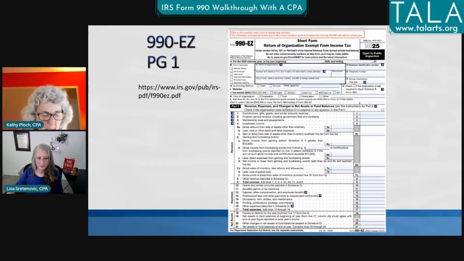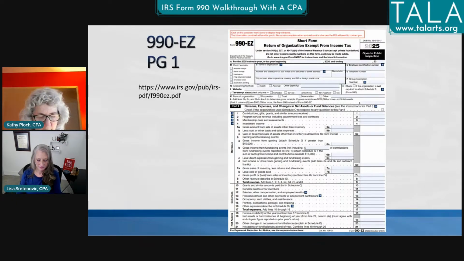So line 13 is professional fees and other payments to independent contractors. So professional fees, CPA fees, legal fees, professional architect, maybe something like that. Then 14, we've got occupancy, rent, utilities, and maintenance. If you're renting a space or something like that, all of that would be considered in there.